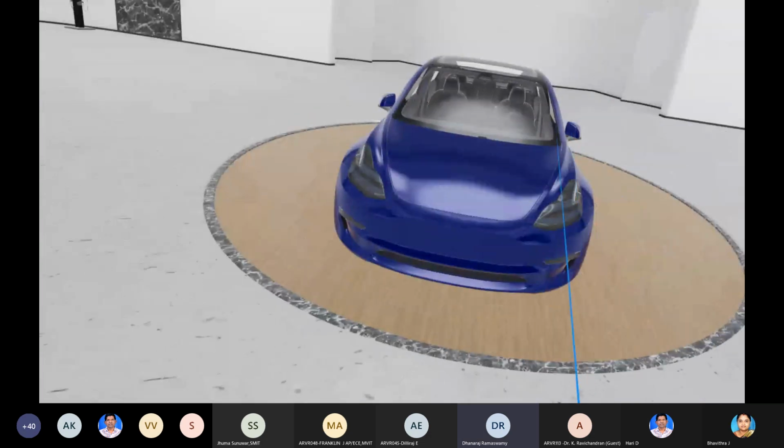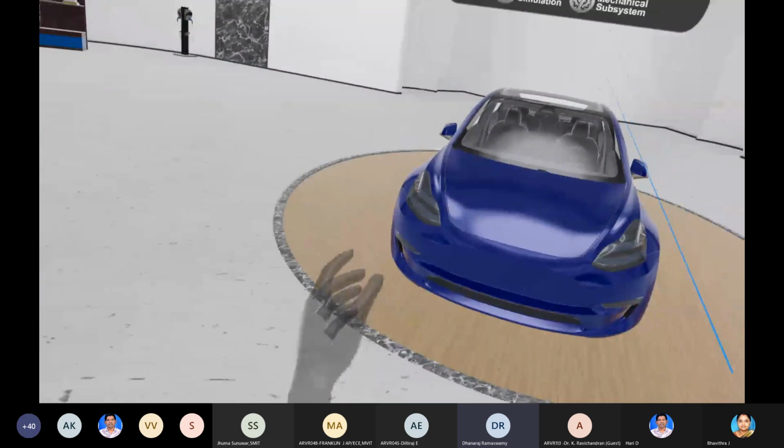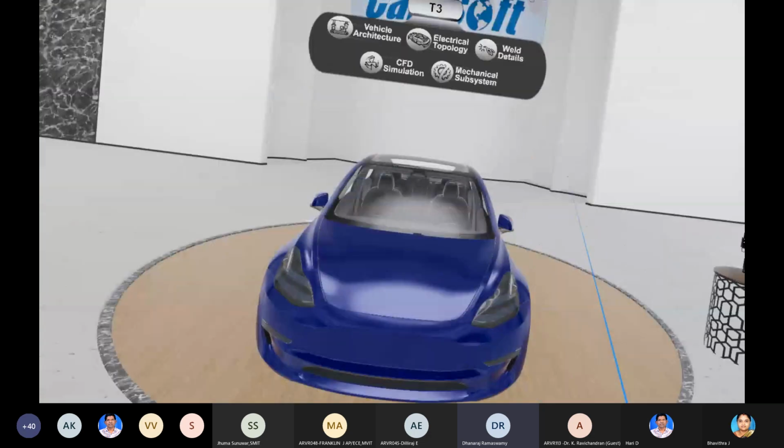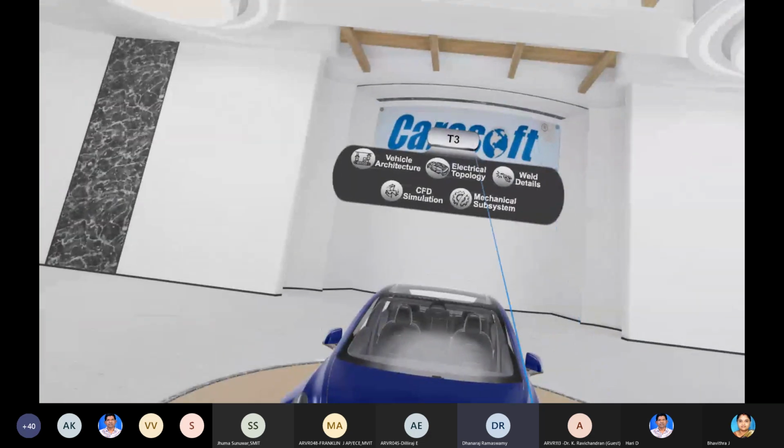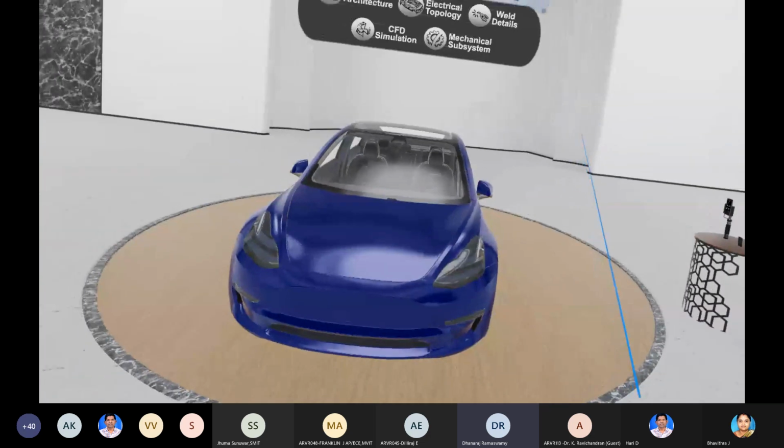This is our marketing application. In my hands, I have two controllers. This is the left controller. This is the right controller. This is for accessing multiple demos in our applications for client purposes.